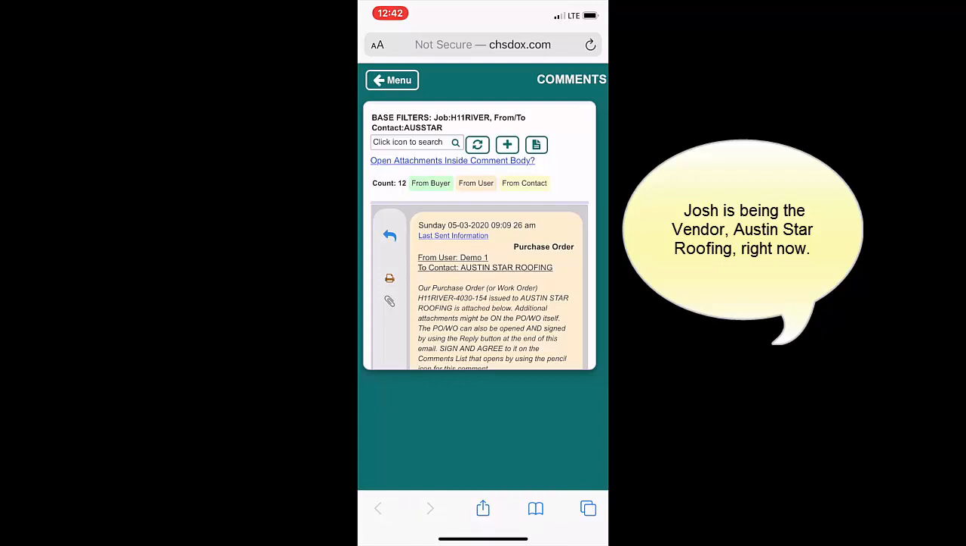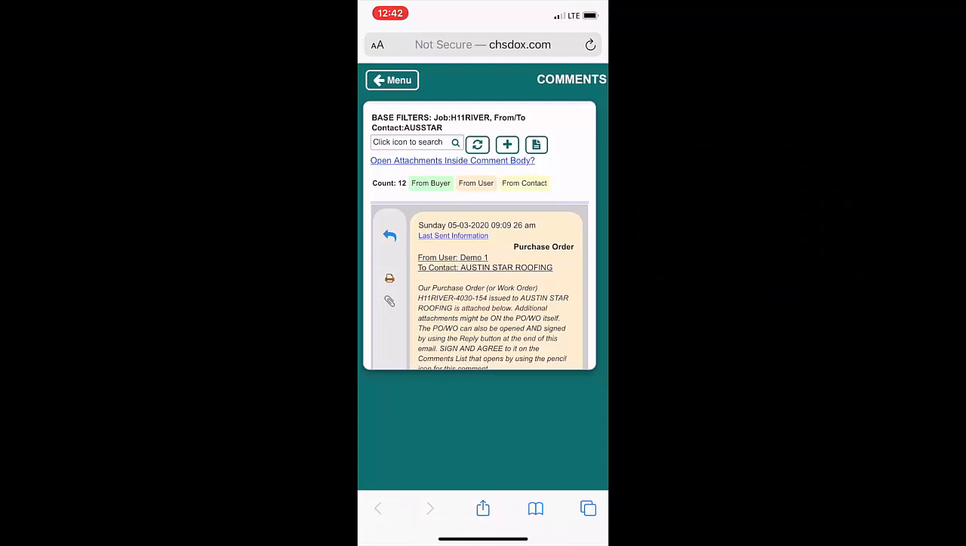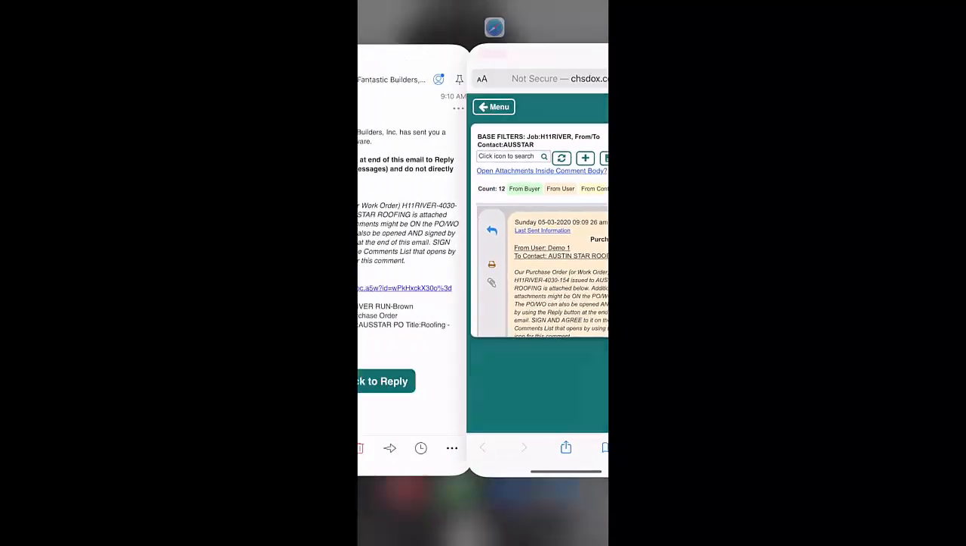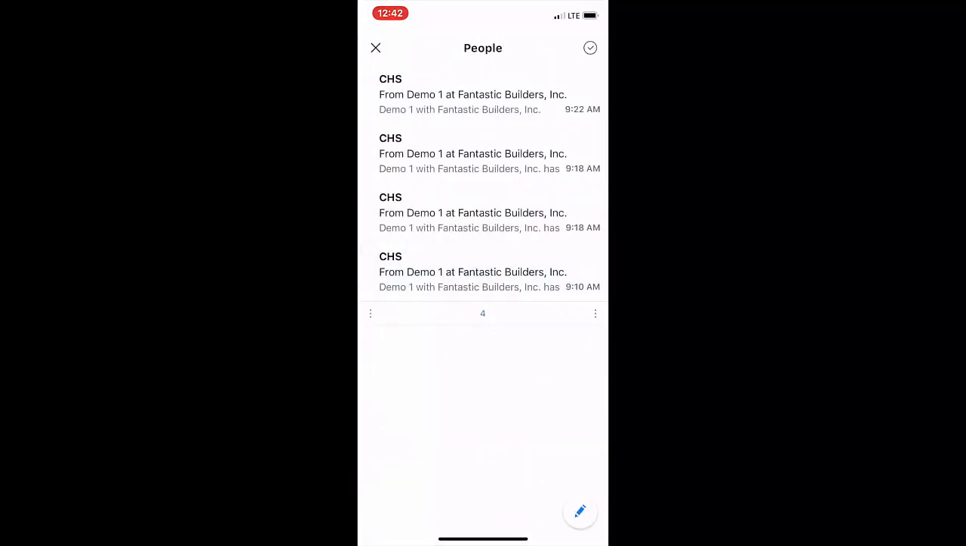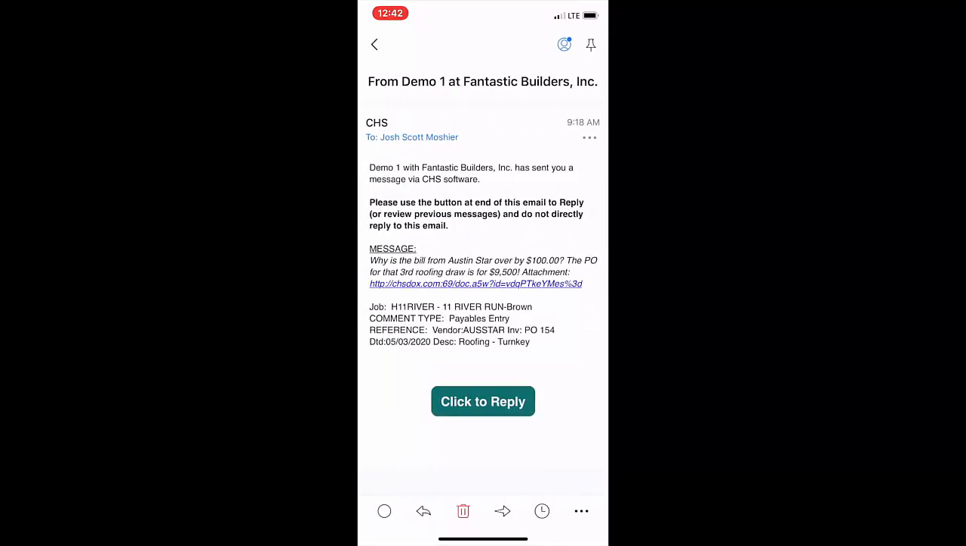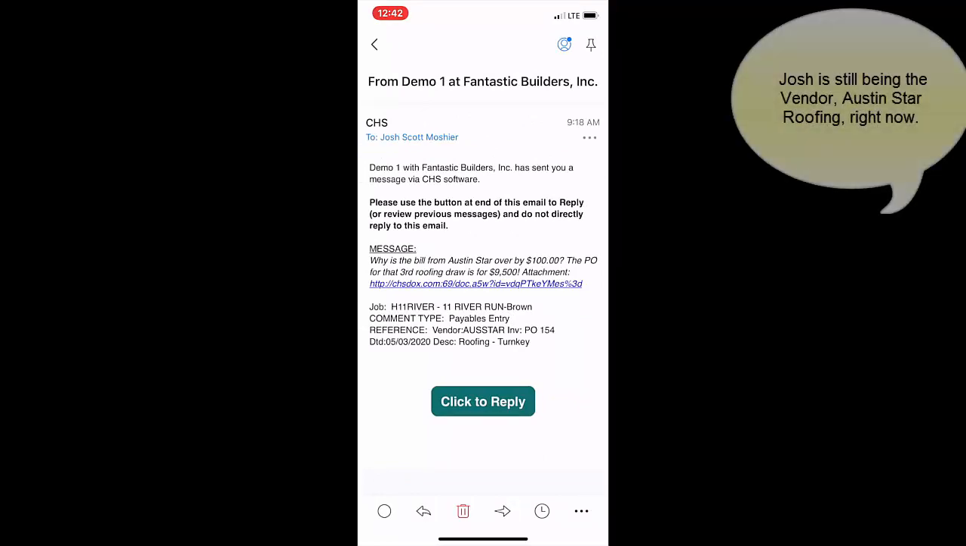And next, now that I've done that, what I will do is go back to my emails. And here we have the emails that were for payables entry. So we've got one here that is to the user and then one here that is actually to Austin Star. So because my email was for both of them, I got both of these. So I'm going to open